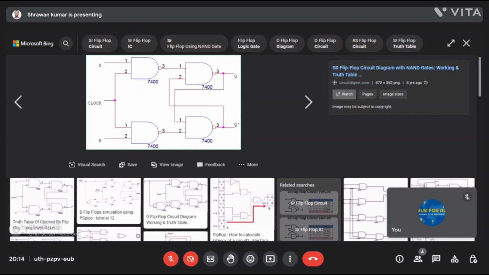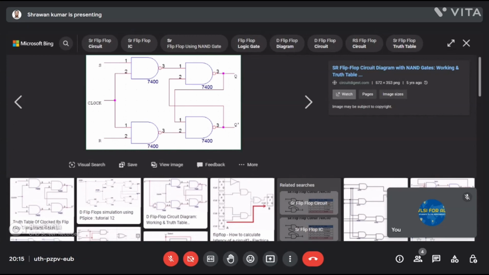When S is equal to 0 and the clock is high, the NAND gate will give 1 at point 3.